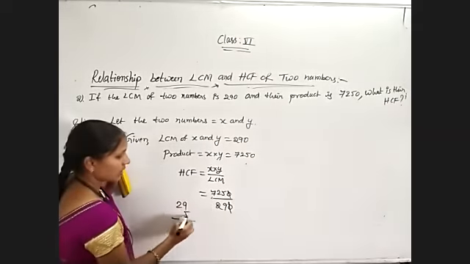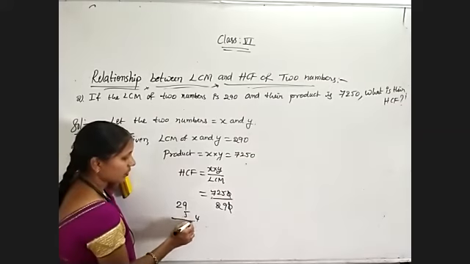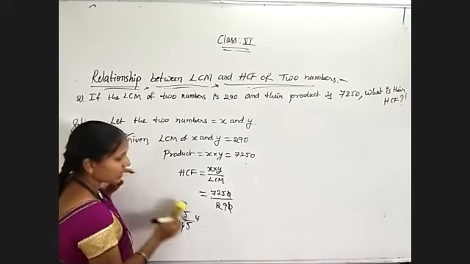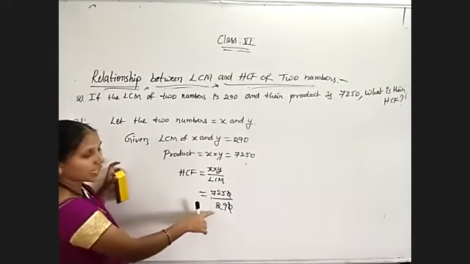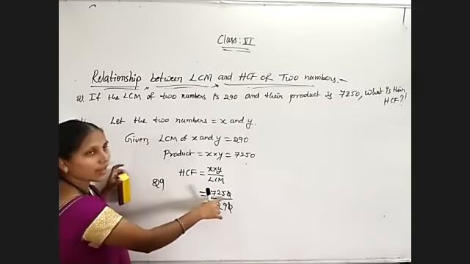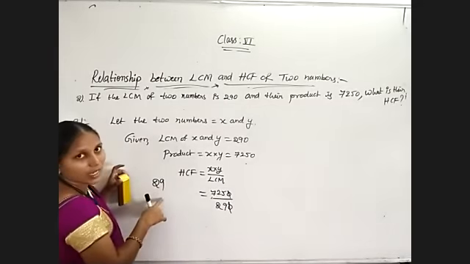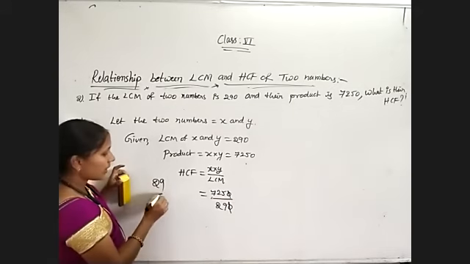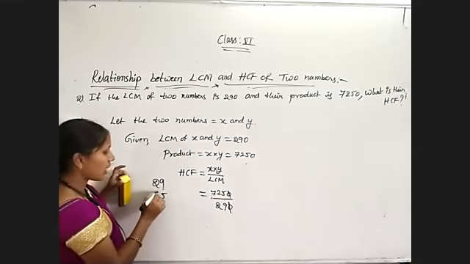We will check. 5 9s are 45. 5 2s are 10 plus 4, 14, we will get a very lesser value. So what I am doing, 29 is a prime number. So write its multiples, because here 5 is there. That's why 9 5s are 45 I will get. So this 5 table is not sufficient. So I am going through 15.